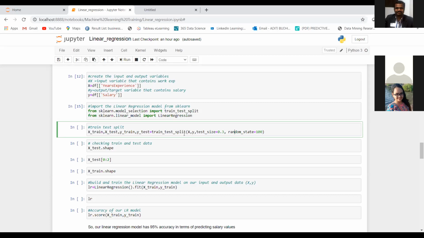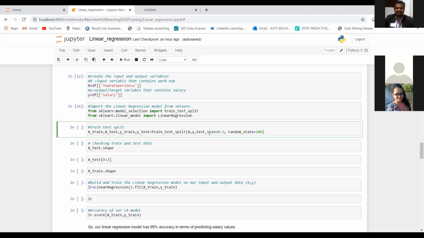It will not be like the first 70 out of 100 rows will be your training and the last 30 will be your testing. It will take random rows in order to create the testing and training data set, right?